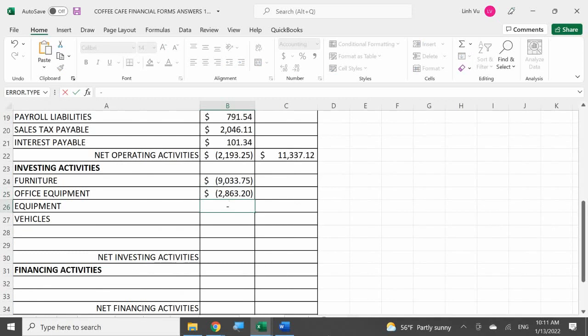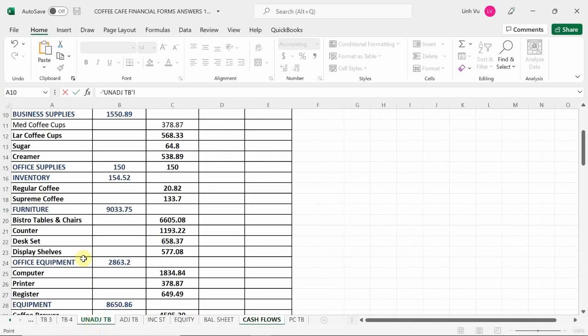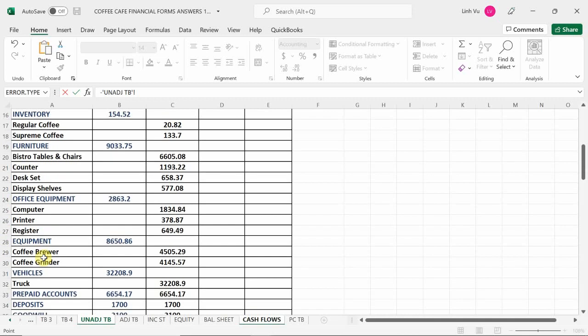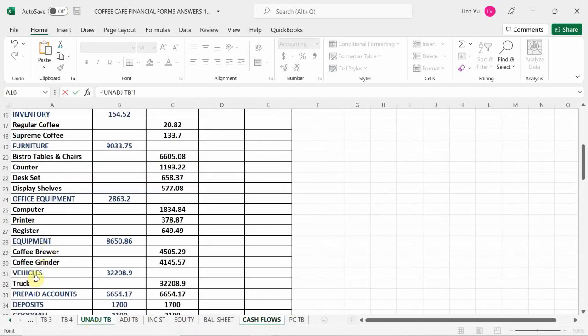Remember, we're looking at the unadjusted version, because that's the historical cost. And then equipment, how much money did we spend to purchase the equipment? We spent $8,650.86. And last but not least, how much did we purchase the vehicle for? We purchased it for